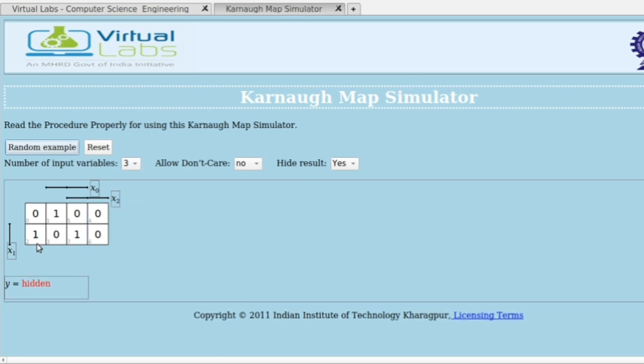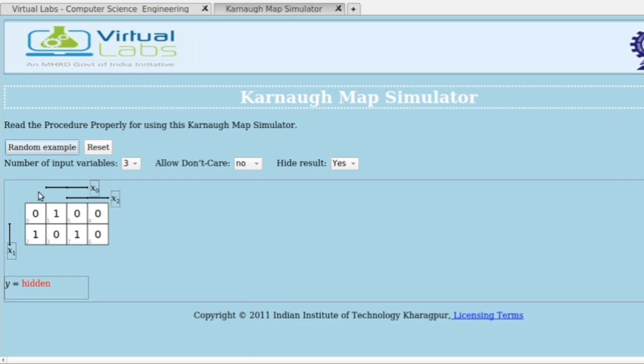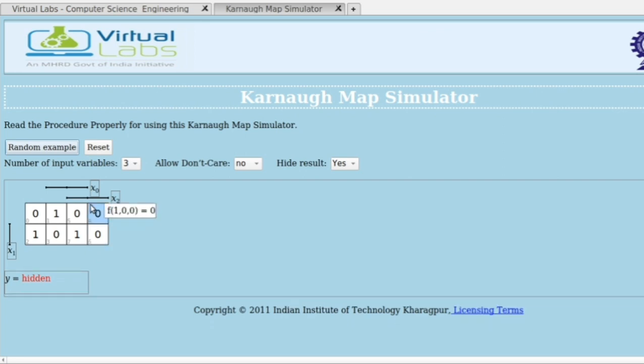Then here 2, here 3. So in our K-map here it is 4, 5, then 7, 6. So the K-map is somewhat different from what we studied earlier. Don't bother about that. Just check in which squares 1 is there.